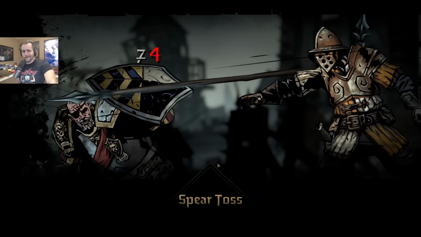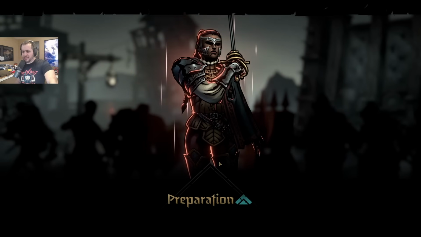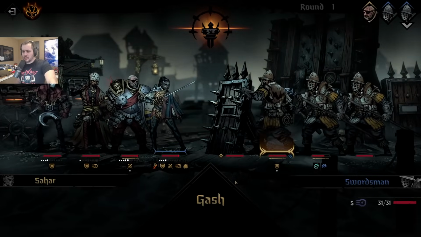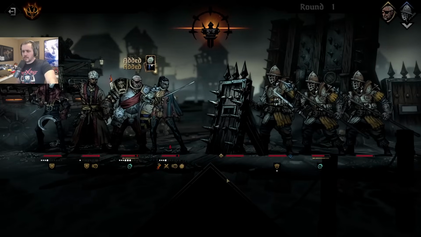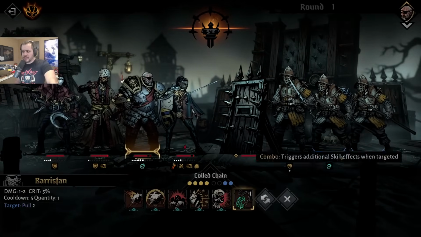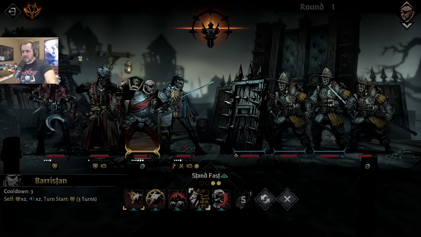Alrighty. I've been kind of going back and forth on the prep and meditation starts here. Definitely feels like meditation start is safer. But I do like the idea of getting a crit strength riposte going right away. Let's just crush here. No, let's do...